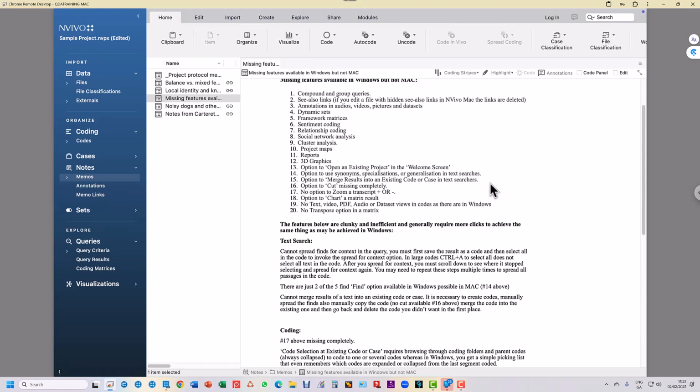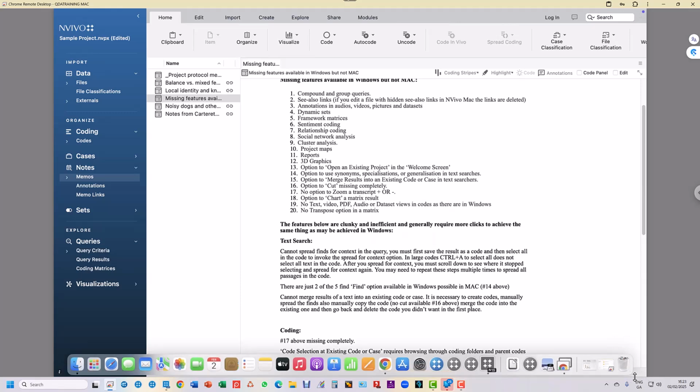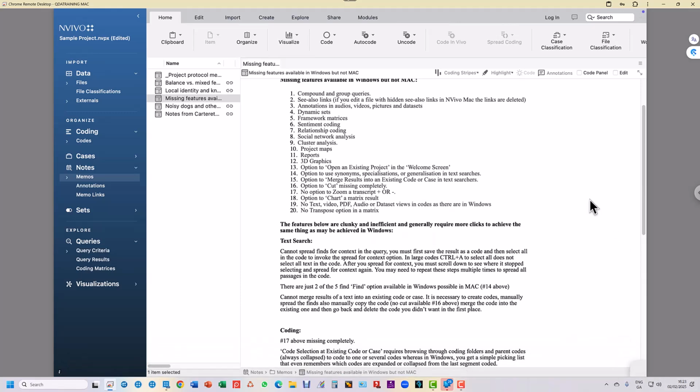So it depends on the size of my monitor and the size of the text in the document. But on Windows I can just do that, or there's a zoom bar down the bottom, lets me zoom up and down the document. I can't do that on a Mac. So